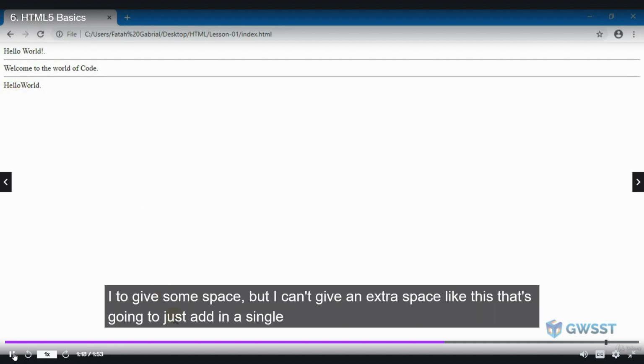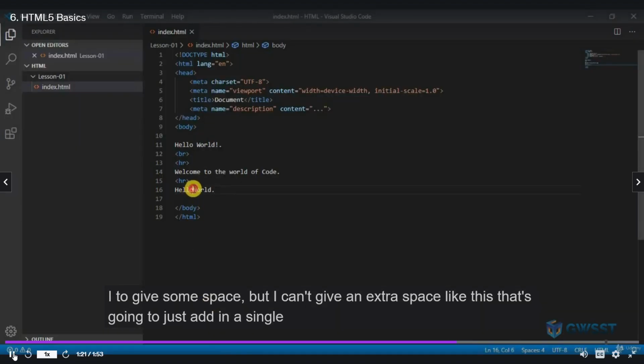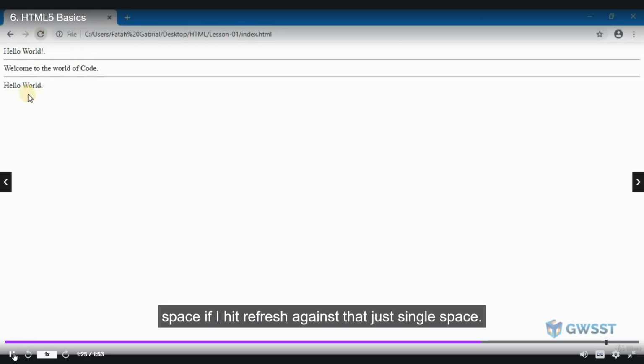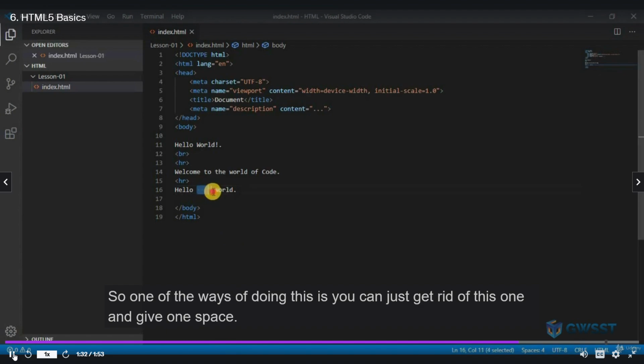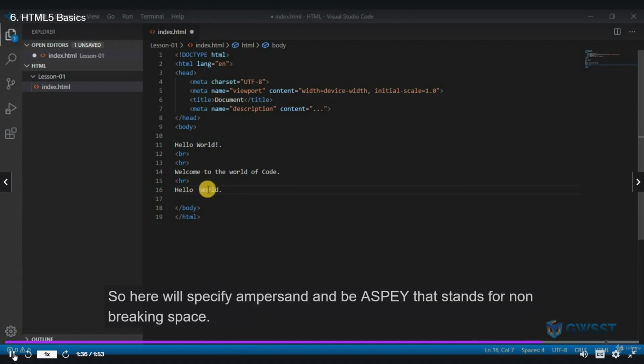I need to give some space, but I can't give an extra space like this. That's just going to add a single space. If I hit refresh, you can see that's just a single space, but I want this a little bit farther ahead. So one way of doing this is you can just get rid of this one and give one space. So here we'll specify ampersand,